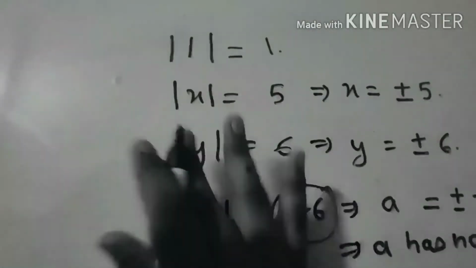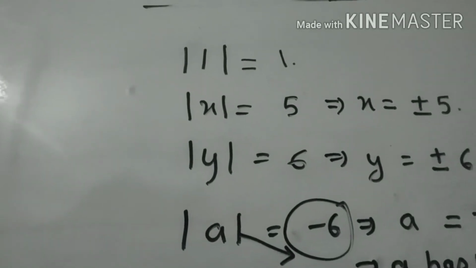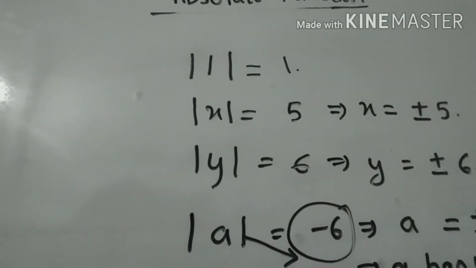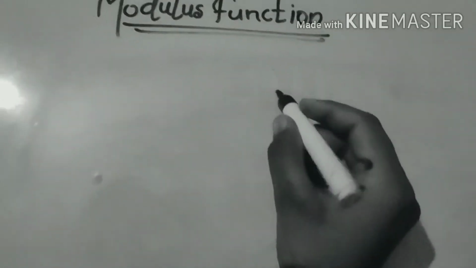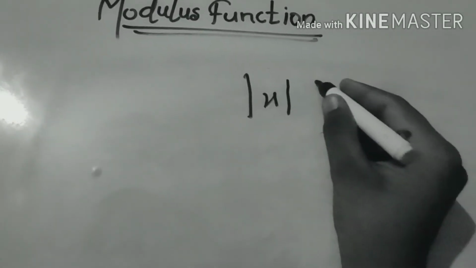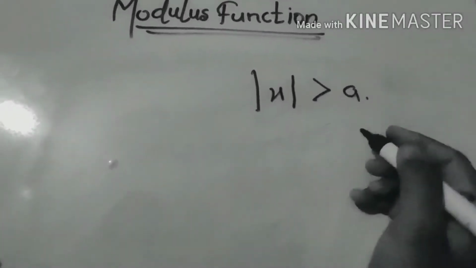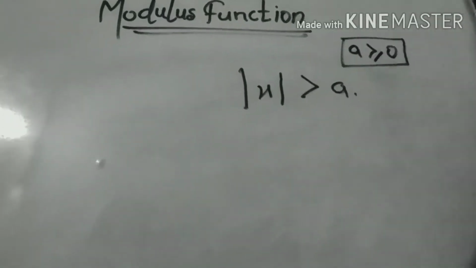Now we have seen about equal to. Now we'll be seeing some of the cases like relational operators: more than, less than. We will be discussing one of the major key things of this modulus. If there is a modulus x which is given as greater than a, and a is a value which is equal to or greater than 0, okay, means it is a positive number.